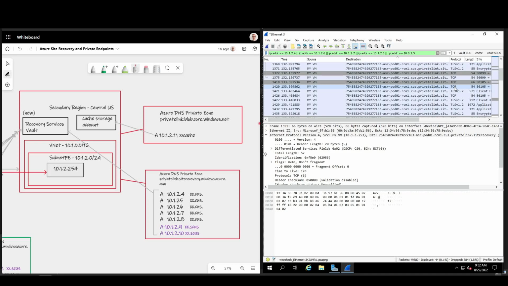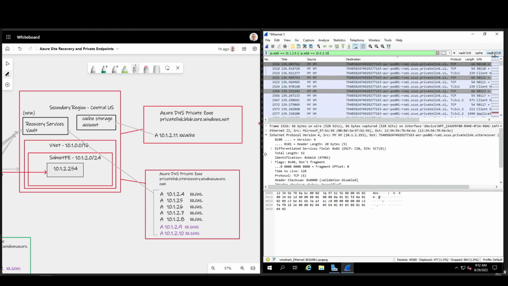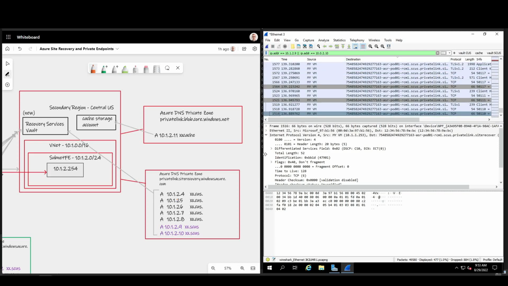Where things start to differ a little bit is if we look in the Wireshark filter here for traffic going to Vault FQDNs with the South Central US, we do see traffic destined towards it. So in summary, during the reprotect process, one of these gets used, this gets used, but also one of these gets used. So it's slightly different there. I'd say one of the most pertinent points to take away from this is that during the reprotect process, this FQDN is